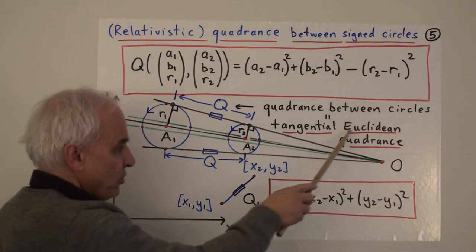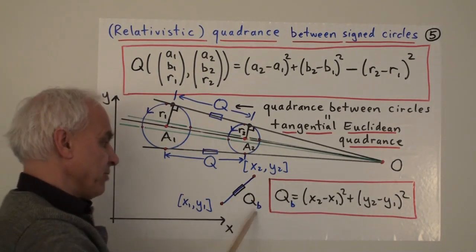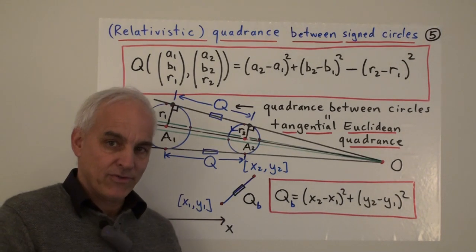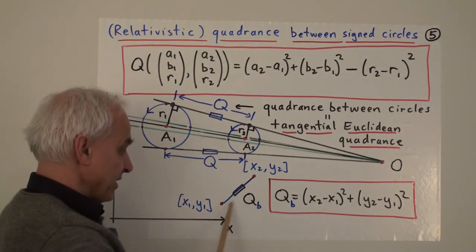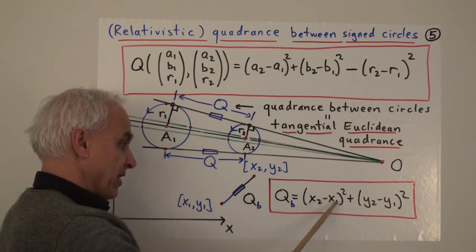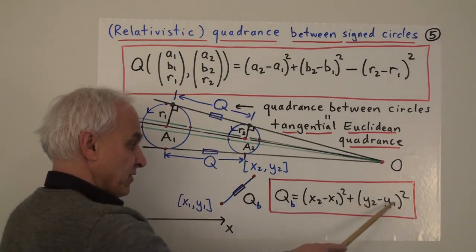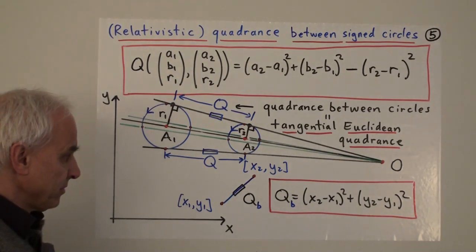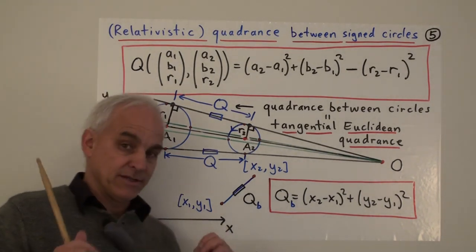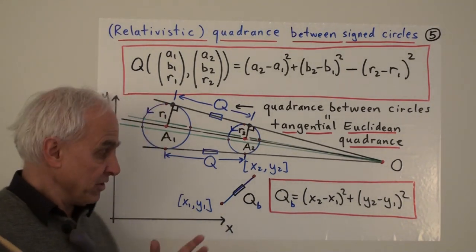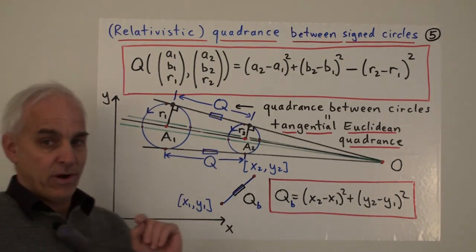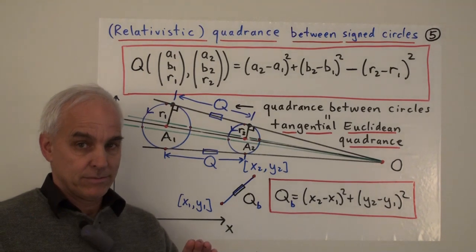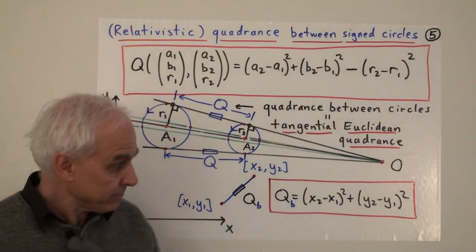And I remind you, by Euclidean quadrance, sometimes we might call that the blue quadrance in the plane. That's just the regular quadrance where you take the sum of the difference in x coordinates squared and the difference of y coordinates squared. So it's the square of the usual distance if you're believing in square roots and distances. Which we don't have to in this story, right? Because it's completely algebraic. This is linear algebra.